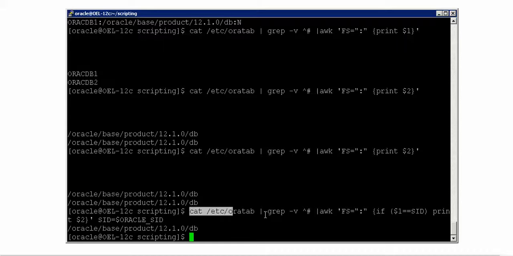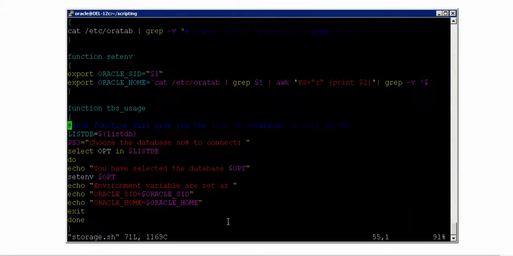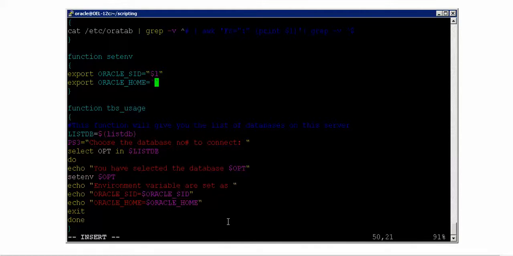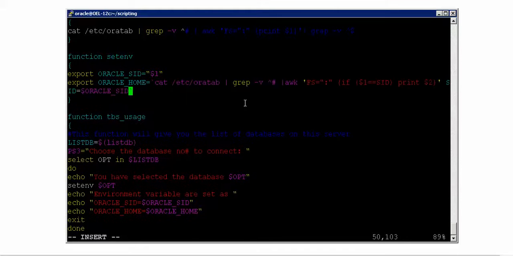So I've come up with a different plan. I'm catting it and then I'm saying grep this one, and I'm using an if condition now. That's the beauty of it. So I just took a pause to do it. So now let me actually write this here and then we will discuss that. Because this is not working, I'm completely removing this logic, because $2 is the second argument that is passed into this. That's the reason it doesn't work.